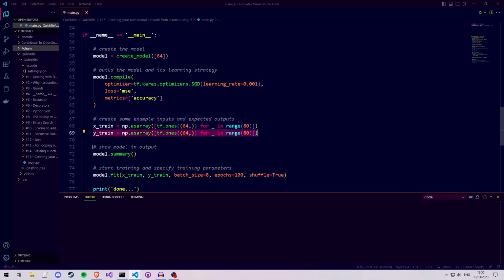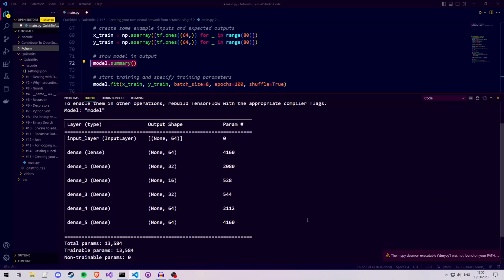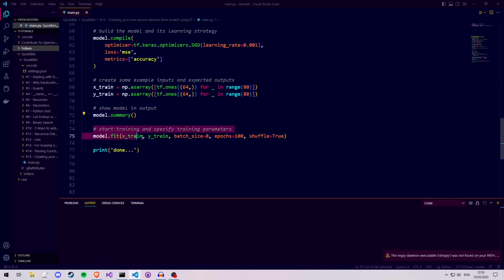Before training, we can output the structure of our model in the terminal, showing how many layers it has, how many nodes each layer has, and what the amount of parameters are. And finally, you can train your model by calling model.fit, giving it the input data xtrain, the expected output data